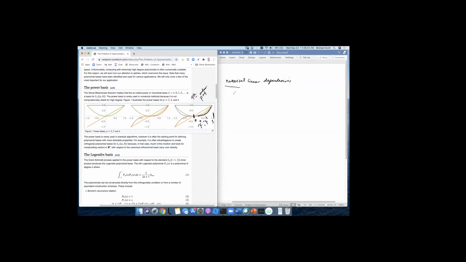You can get so close that up to machine precision you can't distinguish between one basis function and another, or what we call the condition number. I keep saying this term, condition number. I'm going to write up a whole section on condition numbers next week, to give you the scoop on why they're so important. But at a high level right now, without diving into the details, a condition number measures